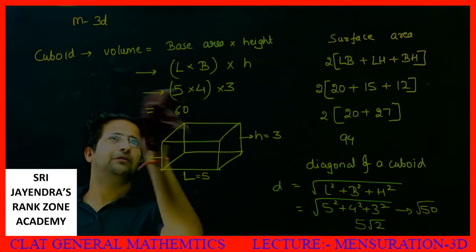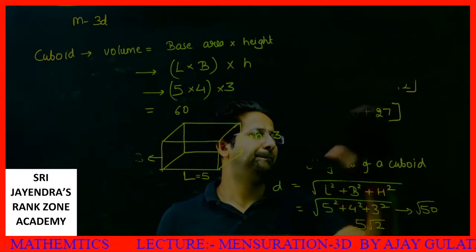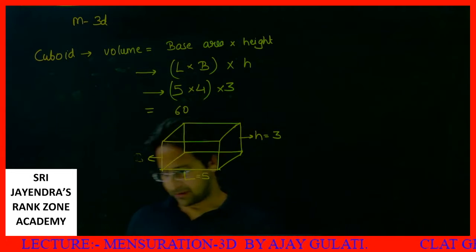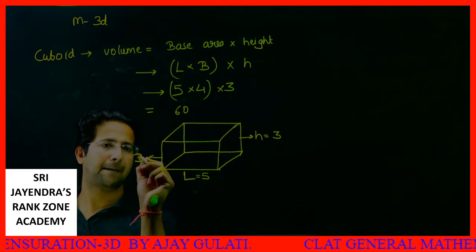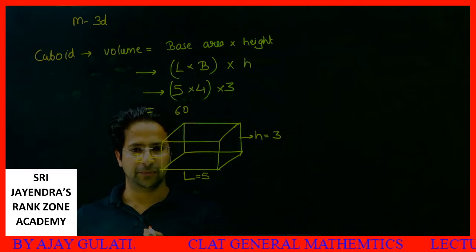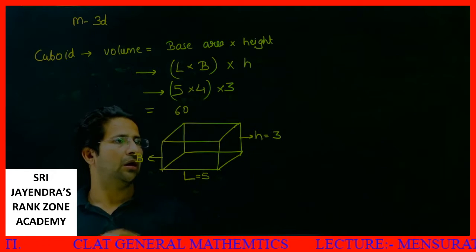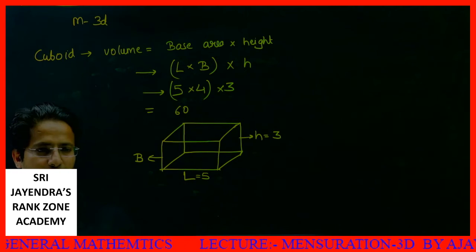I'll take an example of this. So far we have done, okay, I'm rubbing this portion first of all. Let's say I cut this cube. What happens if I cut this cube along all the dimensions? Okay, let me wipe this out, then I'll take further questions from this book only.